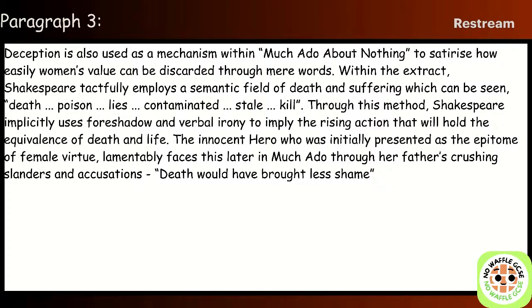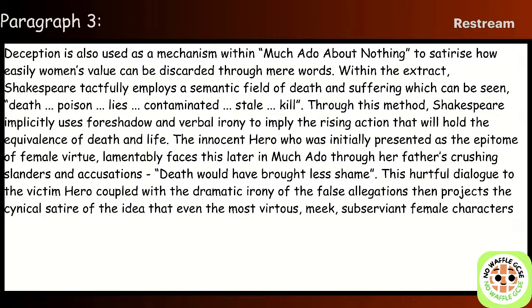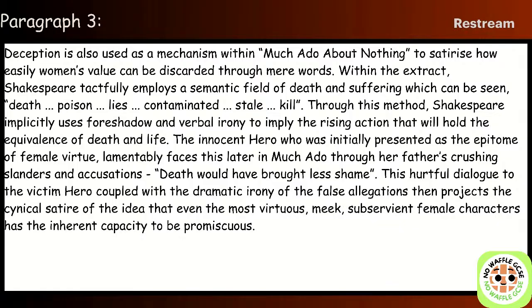Death would have brought less shame. This hurtful dialogue to the victim, his daughter, Hero, coupled with the dramatic irony of the false allegations, then projects